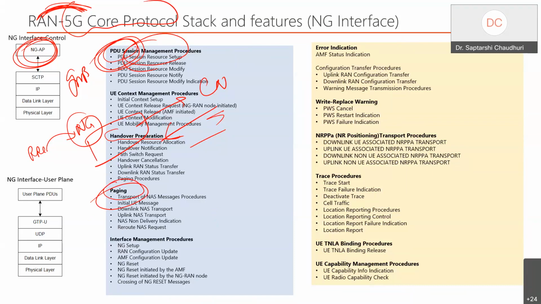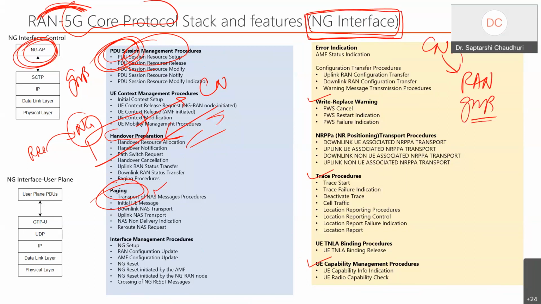All these things happen with respect to what we call the interface protocol, because this is where a base station will know what the core network wants it to do, with respect to the early warning, the tracing of a user, the UE's capability, paging, handover, all the things. These are services where the core network tells the RAN or the base station: this is the command I am giving, please act on this command and do whatever you are supposed to do.